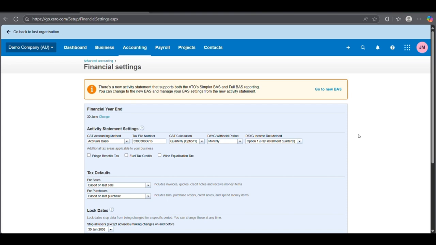So simply look for any errors or missing data and correct it in Xero before you lodge officially. And once everything looks good, your Xero account is then fully linked and ready to go. And that's it. So linking Xero to the ATO is pretty straightforward, but it also saves a ton of time